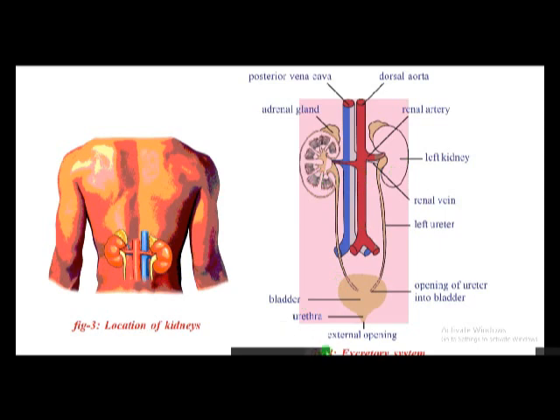This is the structure of the kidney, and these ureters are approximately 30 centimeters in length, and they are pipe like structures, and they enter into the bladder. The bladder is a bag like structure. The capacity of the bladder is approximately 300 to 800 ml. That means it can store approximately 300 to 800 ml of urine. When the bladder is filled, the urine is sent out through the urethra. The urethra is short in females and long in males.